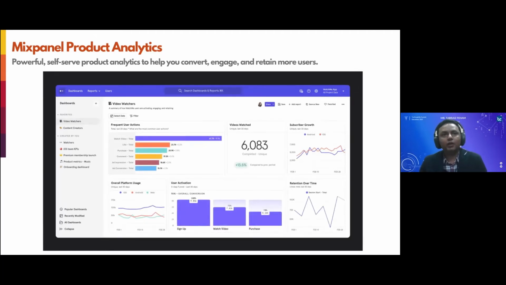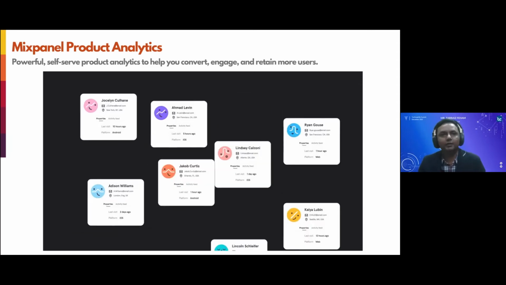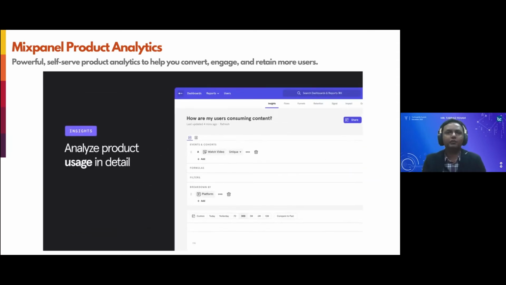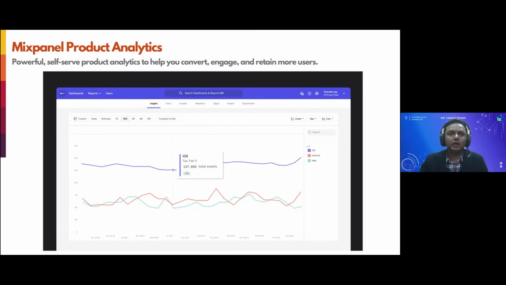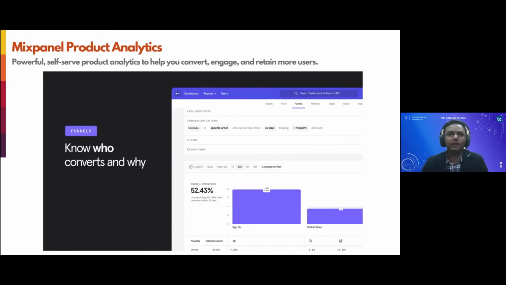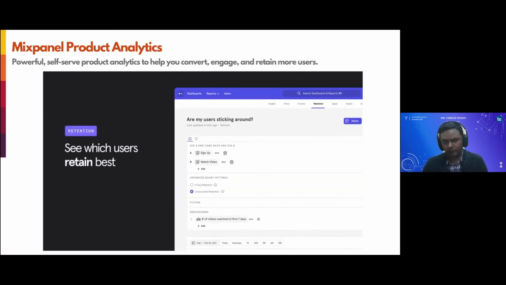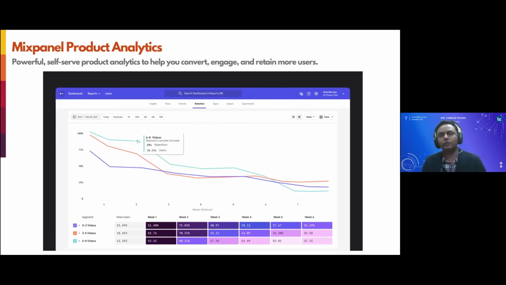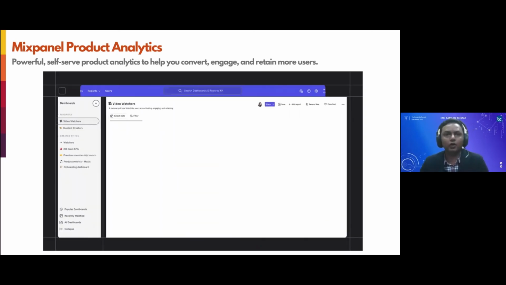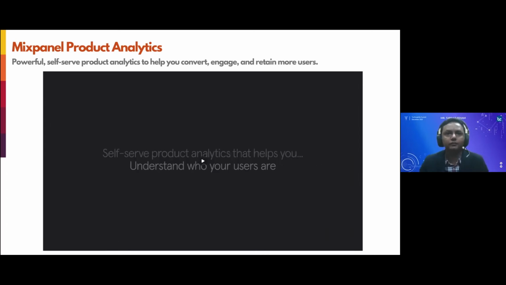Mixpanel is another product. It's a pixel-based solution that you can incorporate into your platform, similar to Google Analytics, but they do some things quite advanced, and you can customize it. Mixpanel allows you more customization, but more or less what Google Analytics is able to give you, they can also give. But if you would like to go deeper and customize the overall engagement and experience, then Mixpanel is one of the products that you can look into.